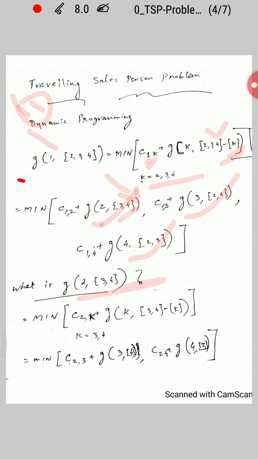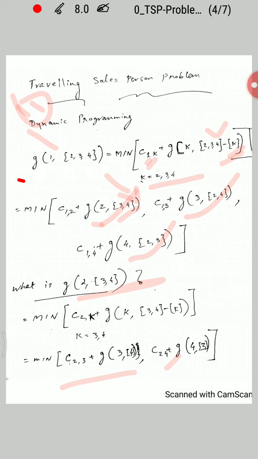K can take the values 3 or 4. So you get the expression: the minimum of c(2,3), that is k equal to 3, plus g(3, {4}), and c(2,4), with k taking the next value, the edge 2 4, plus g(4,